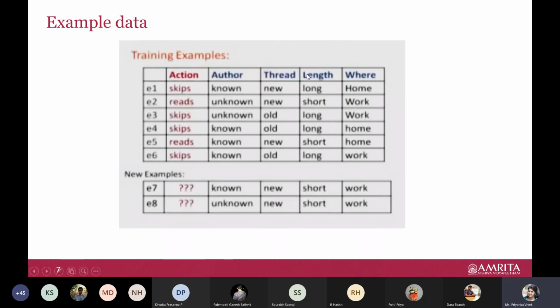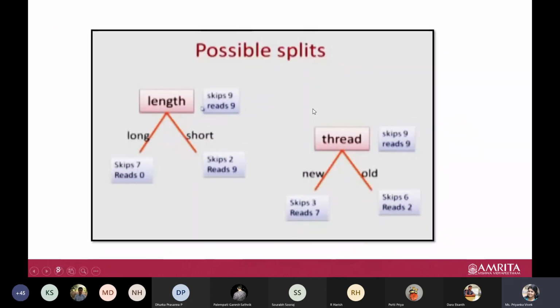There was some example data and they had shown some possible splits. As of now, we don't know any measure which will decide the split of our attribute, so which attribute to select? We don't know that. We're just seeing that maybe length was the attribute to be split. If we had selected length as the attribute to split, what could happen? Similarly for this one. And then we discussed which would be better, how would you choose? There were arguments from your side.